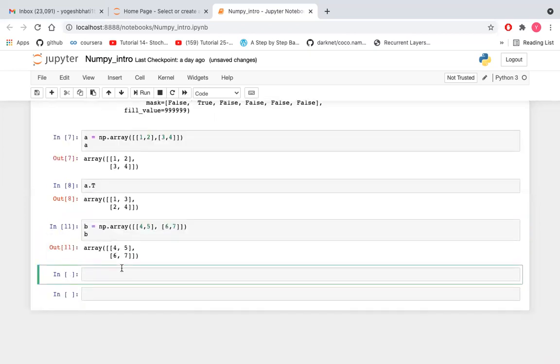Now we will use the concatenate operation: np.concatenate. What do you want to concatenate? a comma b.